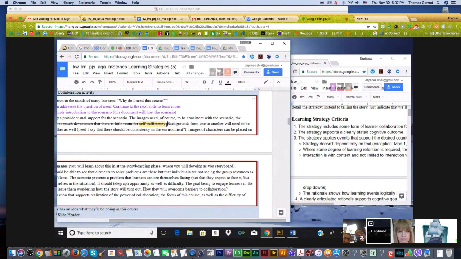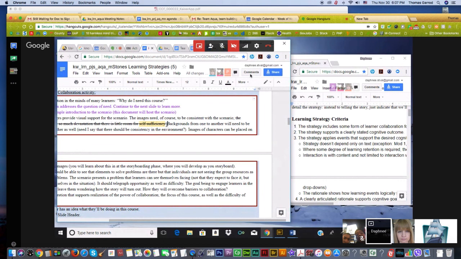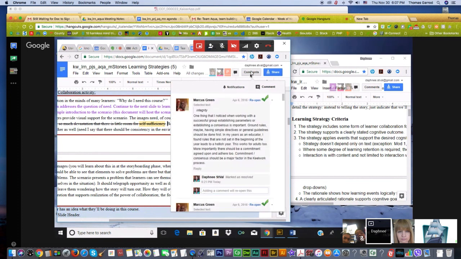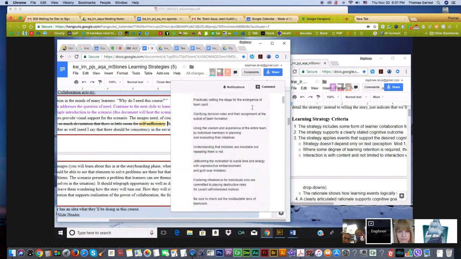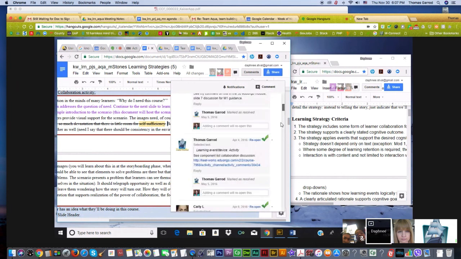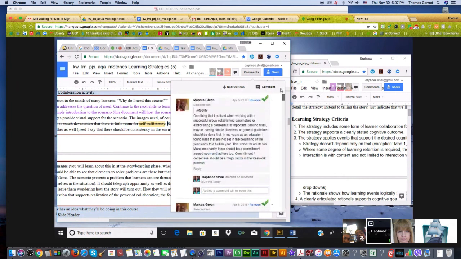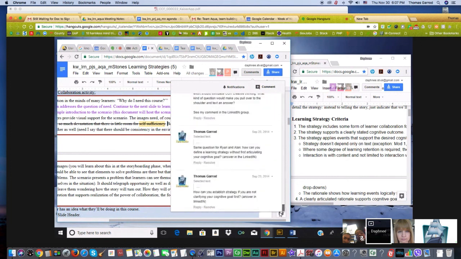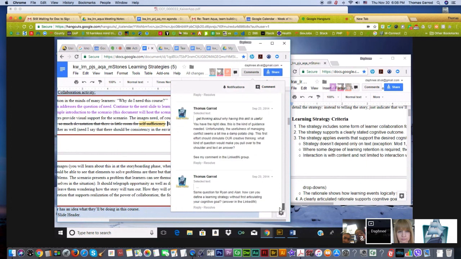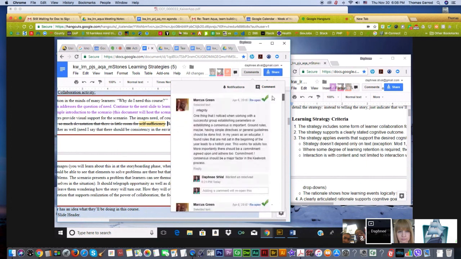Oh, I know how to do it. Go up there and click on comments. Up by the icons of people looking at the document. Oh, there it is. Okay. So there you go. Your comment should be on the very top. It isn't. It's Marcus's. Okay, scroll down to the bottom. So maybe it's on the bottom. Nope, it isn't. Okay, scroll back to the top and click plus, and say crossed out